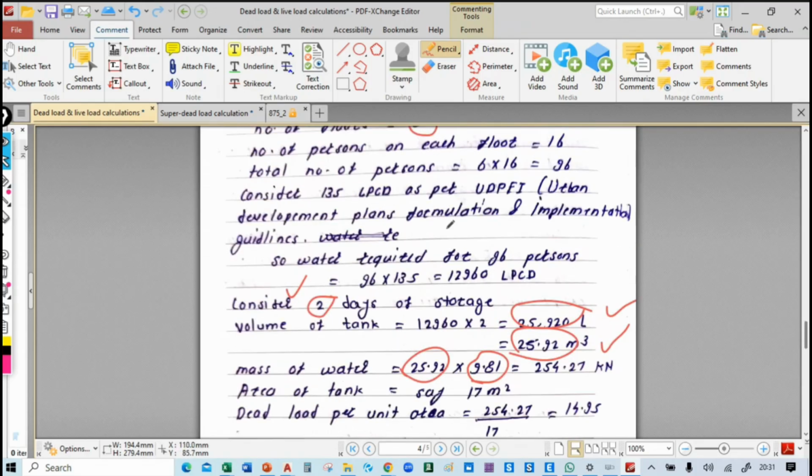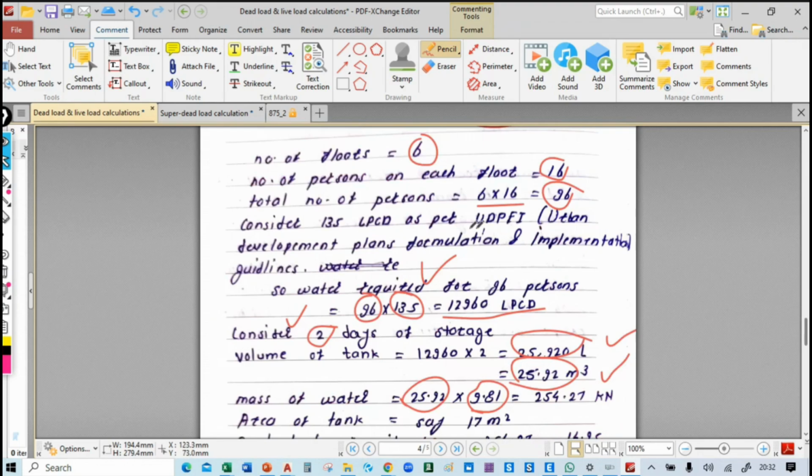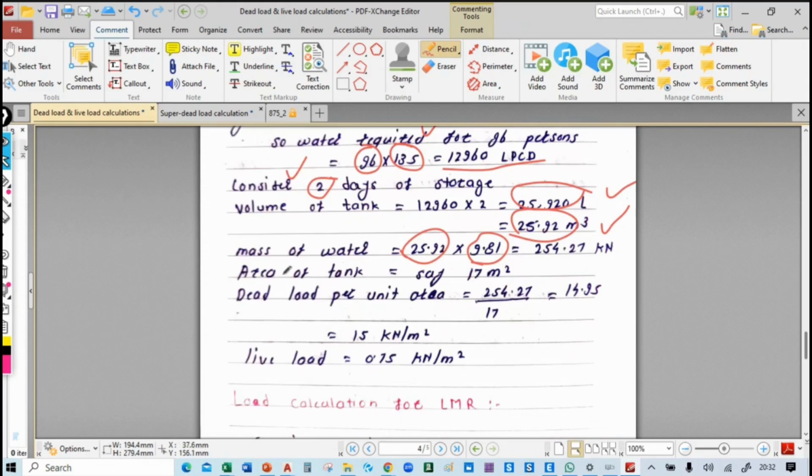Okay, so 135 is the demand for one person. So we have multiplied with the number of persons, so we get the total demand. You can see that for each person, we divide it and then multiply with the 6. Okay, so we got the total, and it's 135 demand as per the UDPFI. Okay, so the total mass of water is 254.27. So now we got the total mass in kilonewton, and we will divide it by the area of the